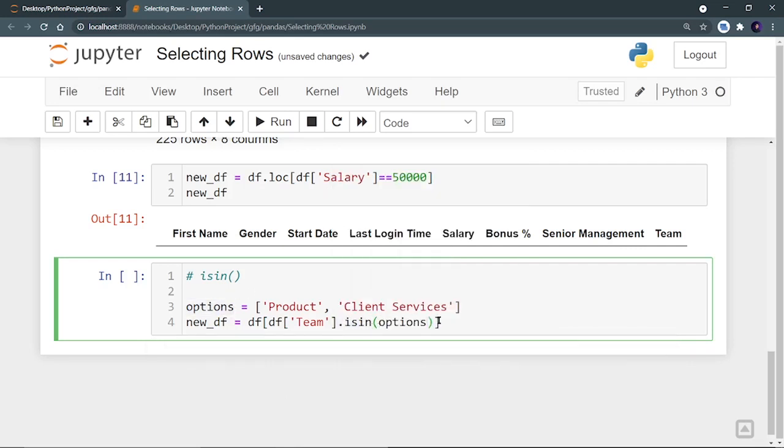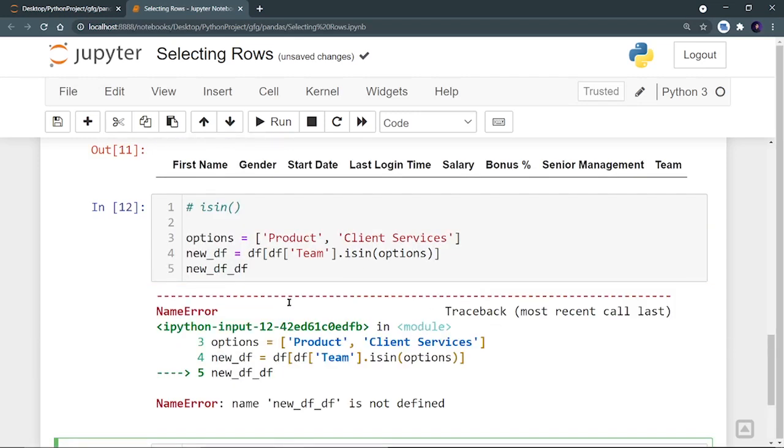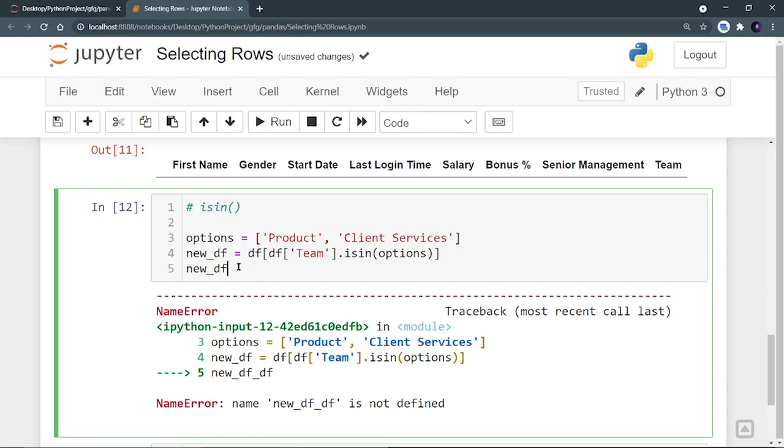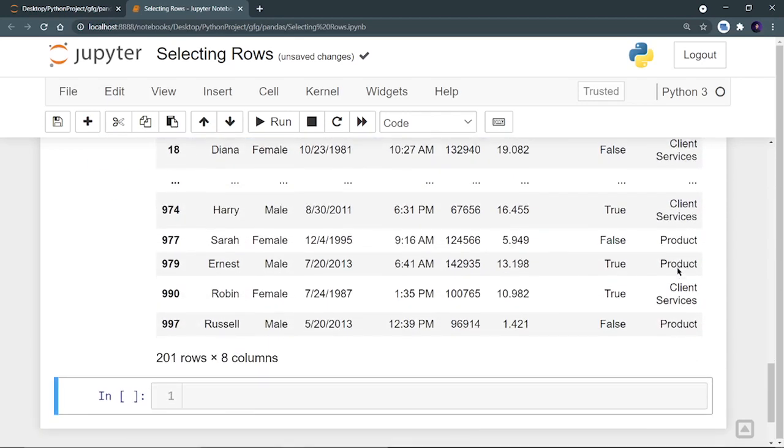So paste it over here, and I will print the new data frame. Okay, here's a silly mistake, so let's run it again. Yes, now I can see that only those employees' data is printed whose team belongs to client services or product.